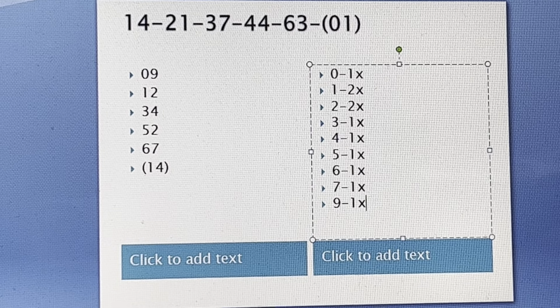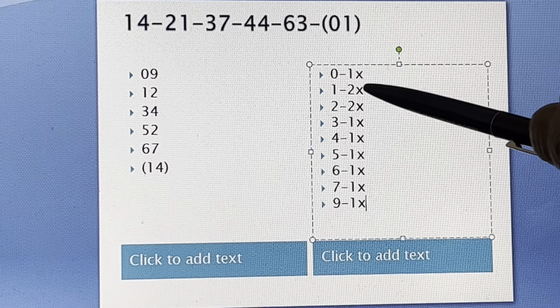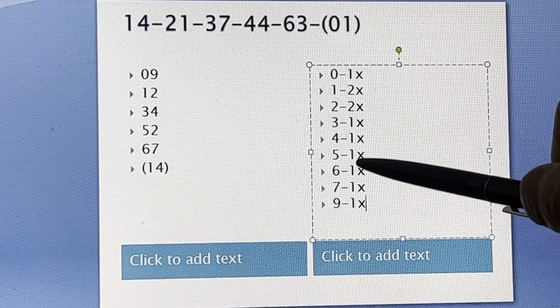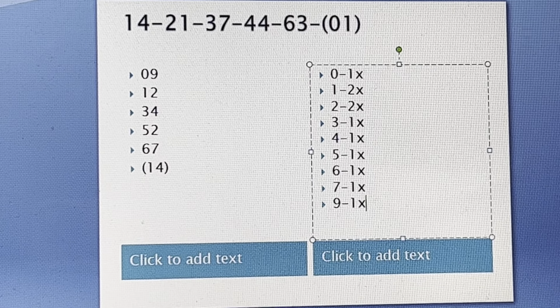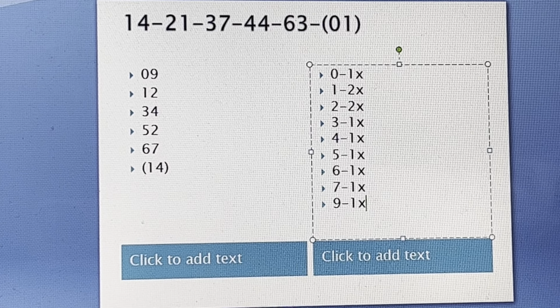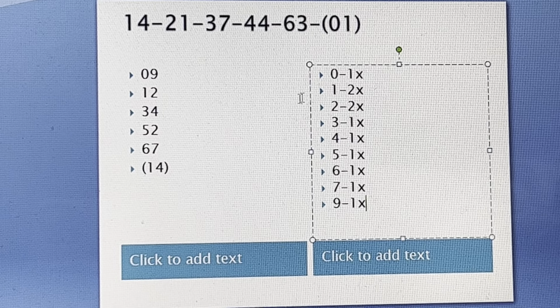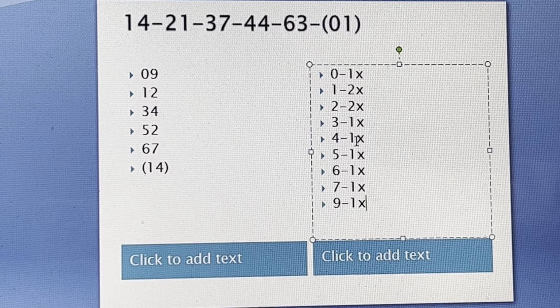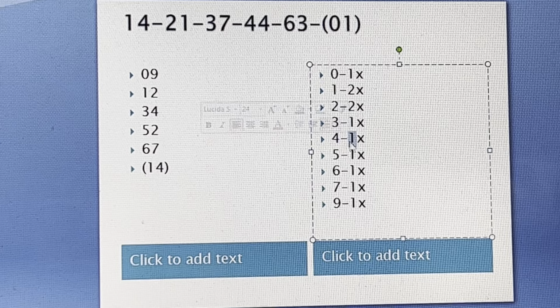So let's add up all these numbers. 1, 3, 5, 6, 7, 8, 9, 10, 11. So we're missing 1 corner. Which corner are we missing? Missing 4 appearing 2 times. Now, if you add up all these corners,